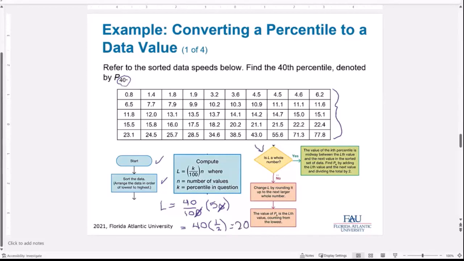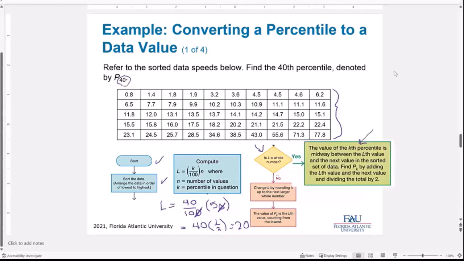Now I'm here. If L is a whole number, well, L is a whole number. It's 20. It's not 20.5. It's not 20.1. It's a whole number. If it's a whole number, I do whatever is in this green box. Let's do what it says here. The value of the kth percent, but we're talking about the value of 40%, is midway between the L. We said L is 20. 20 would be this value here, 11.6. It's midway between